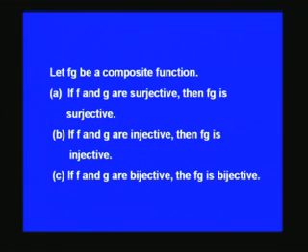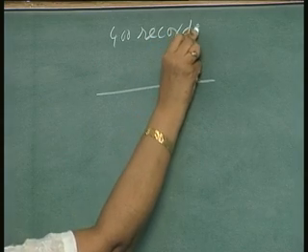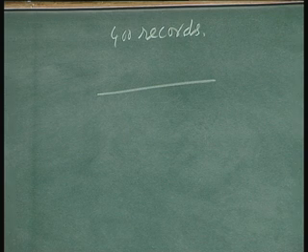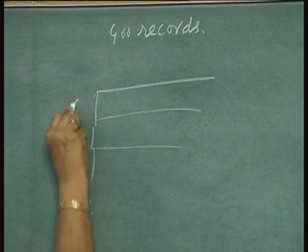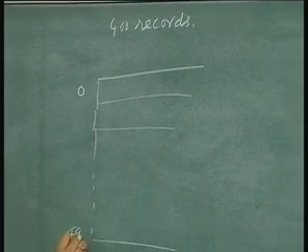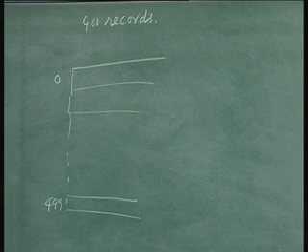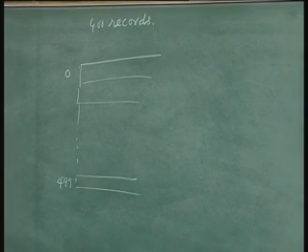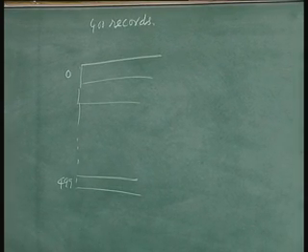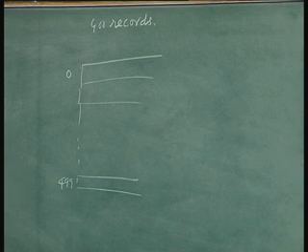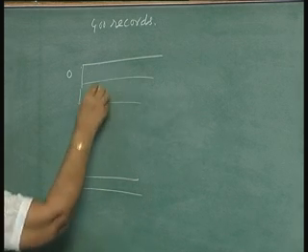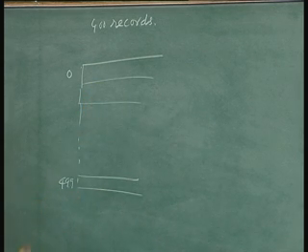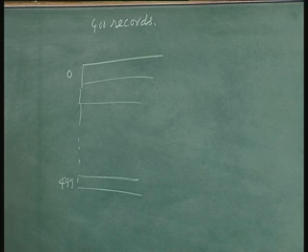So, you have locations. Suppose you have 400 records of a company, say employee records, then they have to be stored in addresses between 0 and 499. You have 500 places where they can be stored, and these 400 records have to be stored there. Now, how will you identify which one has to be stored where? It may not be advisable to take the first record here, second record there, because sometimes you want to retrieve the record in a very quick manner.